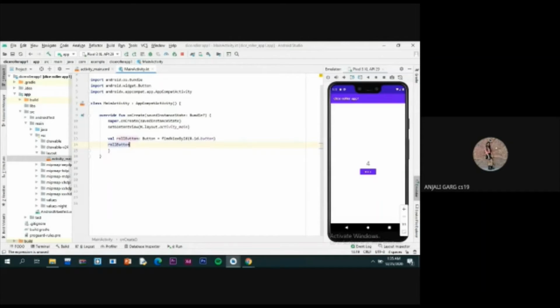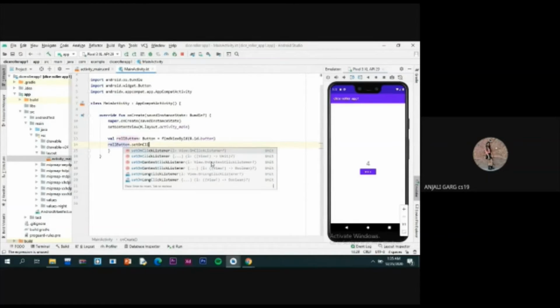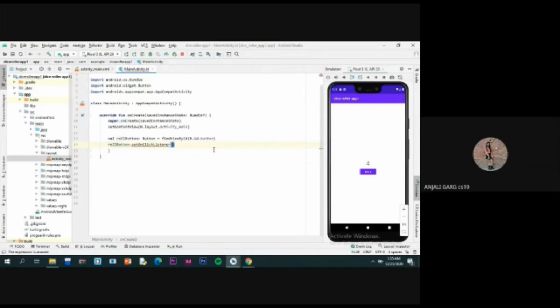So you can copy and paste it or you can write it on your own, but I will suggest you to write on your own. It will be better for you. So you can follow the steps. Android Studio also provides you the hints.